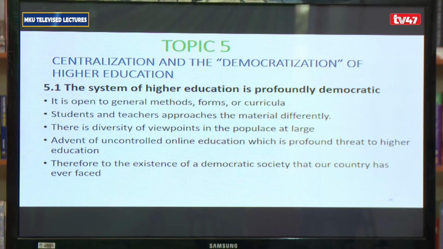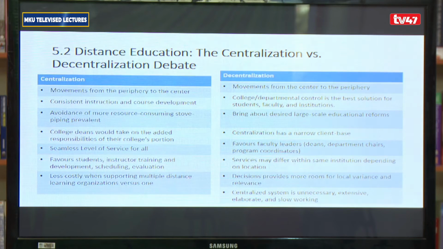So we are talking about all these, that these are some of the indicators that universities are very democratic. We have all these rights to do things. We can do things the way we want. And actually, I have been able to give the differences here. I might not remember when I talked about centralization, I said we have a center where everything comes from. And I said there is no way that we can have a fully democratic kind of university that does not have centralization. At a point, there are some policies, there are some things that you'll find that they fall under centralization, and others you can talk about decentralization of issues.